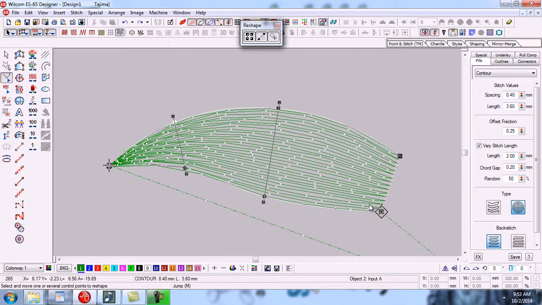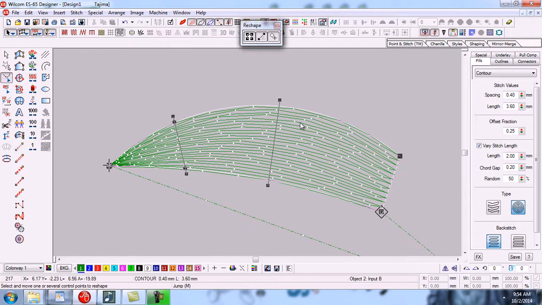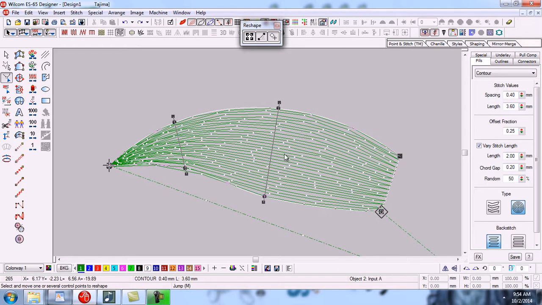And we can remove any point also, as I have told you all these things in the previous videos completely with details. For example, I want to remove this point, so click on the point and press the delete button from your keyboard. So you can see that we have removed the point. Now press enter. So in this way you can remove or add any type of points of rounded selection or straight selection.